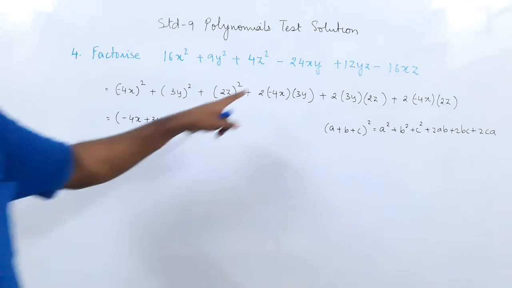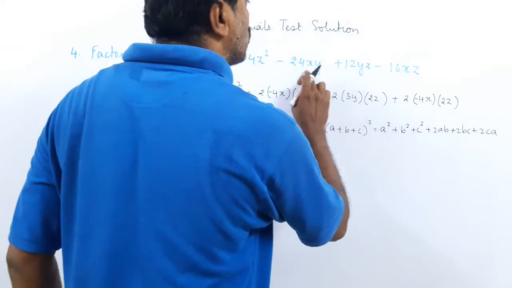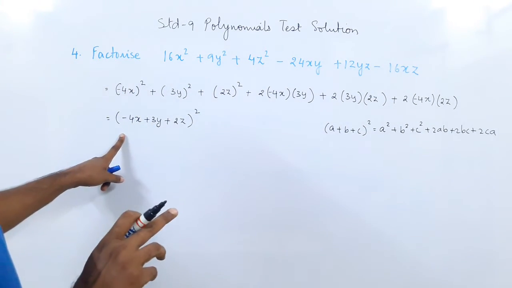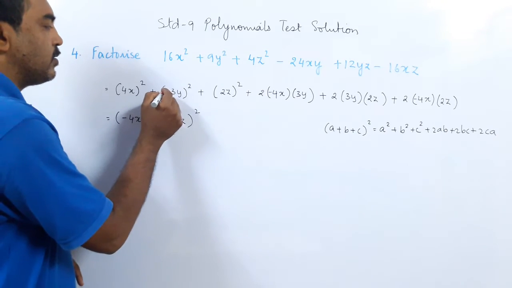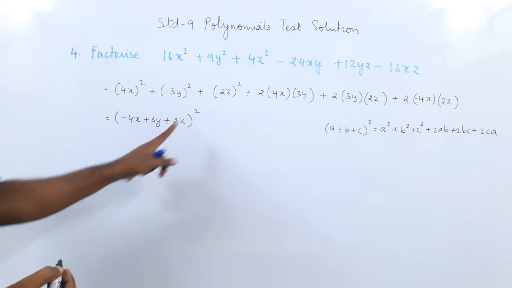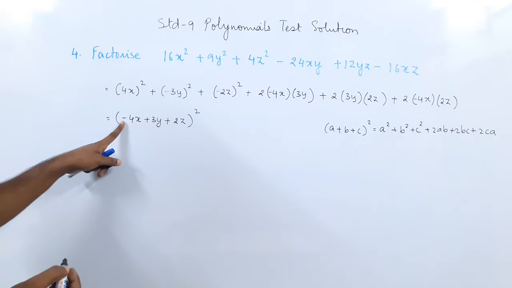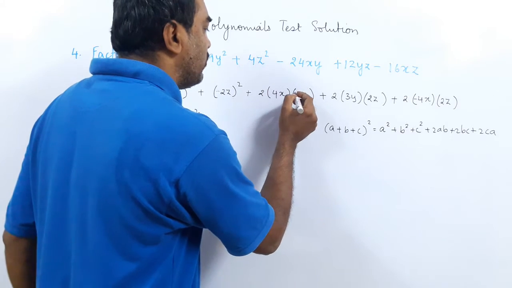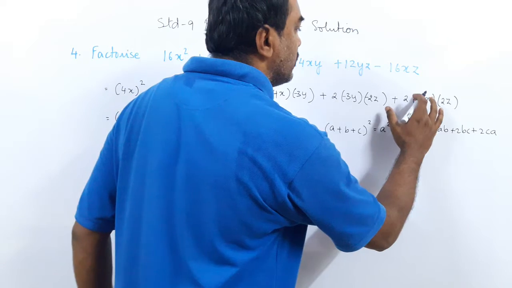Why? Because you see, in both these negative terms, what is common? The x is common in both the negative terms. So you put the negative x. Or I can do something else also. I can make the remaining two terms negative terms. How? I am changing the sign. Because it is a square, I can change the signs. The negative becomes positive and both the positive become negative. Means I make the y as negative and also the z is negative.